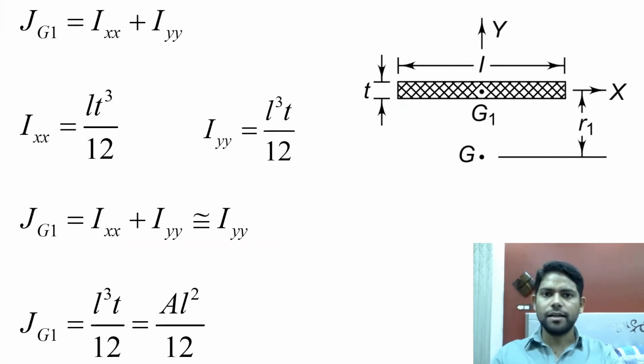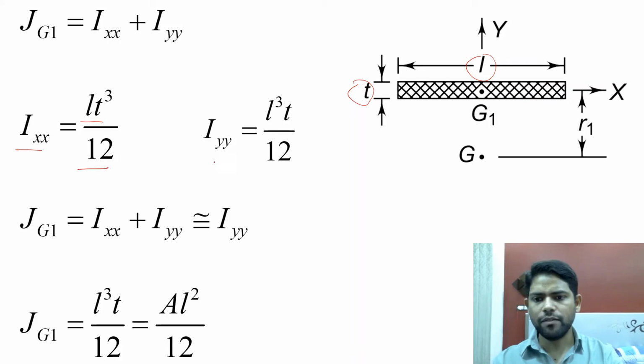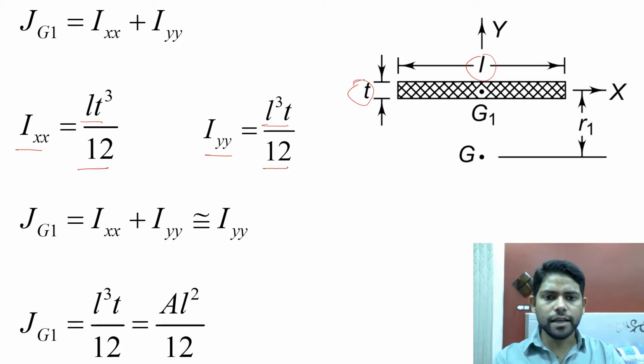Now having said that, the polar moment of inertia in our case will be slightly different. That is because, for the ease of calculation, we will consider the polar moment of inertia slightly differently, and we have a valid reason for that. If you consider this as the cross section of your weld, T is the thickness of the weld and L is the length of the weld. So your Ixx will be equal to LT cube by 12 and your Iyy will be equal to L cube T by 12. Now you already know that T is a very small quantity.